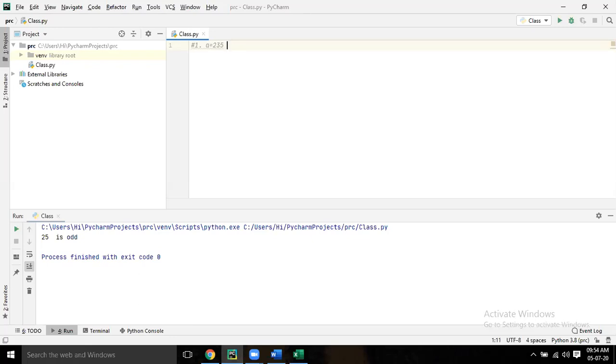Now separate the numbers and store it into separate variables, that is, i.e., X equal to 2, Y equal to 3, Z equal to 5.